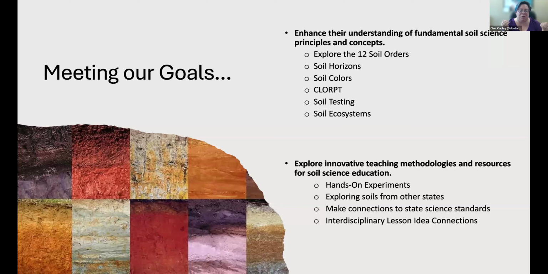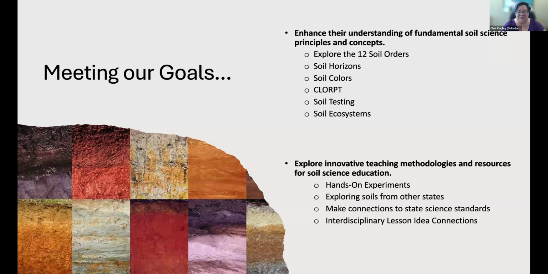We're going to talk about chlorpt. And if you don't know what chlorpt is, you'll have to come find out, because I'm not going to say more than that, except we're going to talk about chlorpt. We're going to do some soil testing, and we're going to learn all about the entire ecosystem that is in our soil. In one spoon of soil, there are more organisms in that spoonful than there are living on this planet that we can see. So above the soil, there's more organisms in that little spoonful. So we're going to talk about that whole ecosystem.